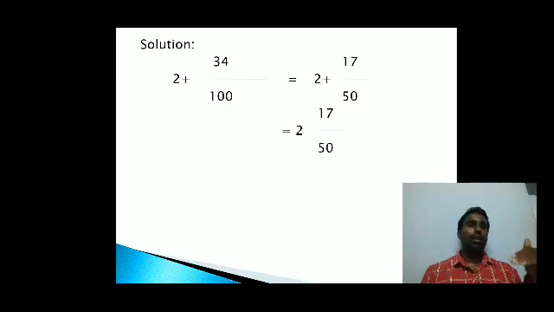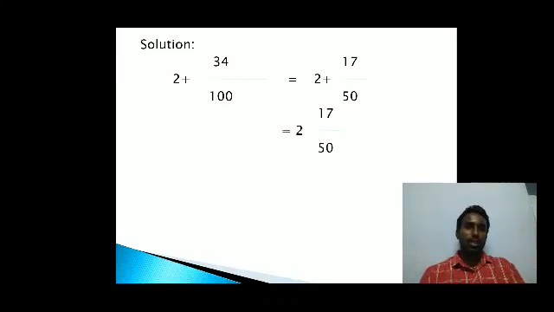So 34 divided by 100 we can reduce it. 17 2s are 34. Otherwise we can take one digit individually. First digit 3: in 3, how many 2s are present? 1 2, so 1 2 is 2. Remaining 1; that 1 will go next to 4, it will become 14. In 14, how many 2s? 7 2s are 14. Okay, right? So 17. So no need to mug up the table till 17. Individual digits we can divide. The remainder we can take to the next digit, combine that number, and then divide it further continuously.